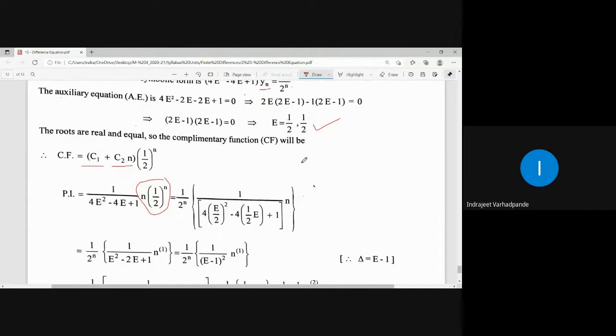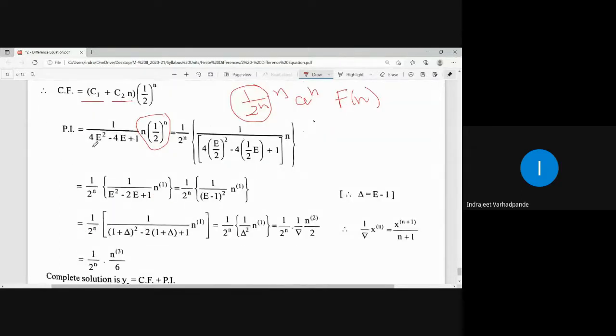So I can compare it with a to the power n into f of n. Though it looks a bit different, but you can apply your brain and simplify, because 1 to the power n is always 1. So n upon 2 to the power n में coefficient is 1 by 2 to the power n into n. तो a कितना है आपका 1 by 2. Replace E by aE. So 1 by 2E. हर जगह क्या आएगा 1 by 2E. And n can be simply written in the factorial polynomial as n to the power 1 factorial. तो ज्यादा कोई difficult नहीं है.